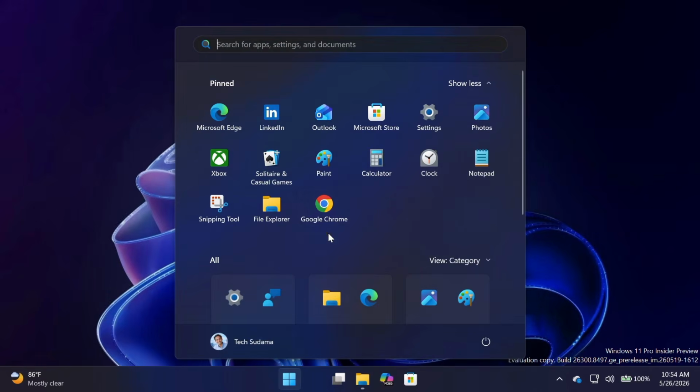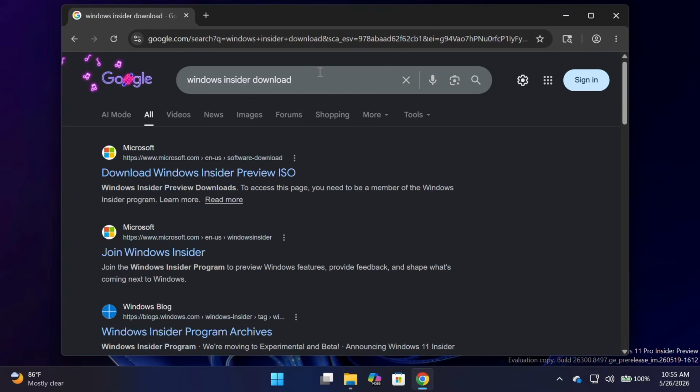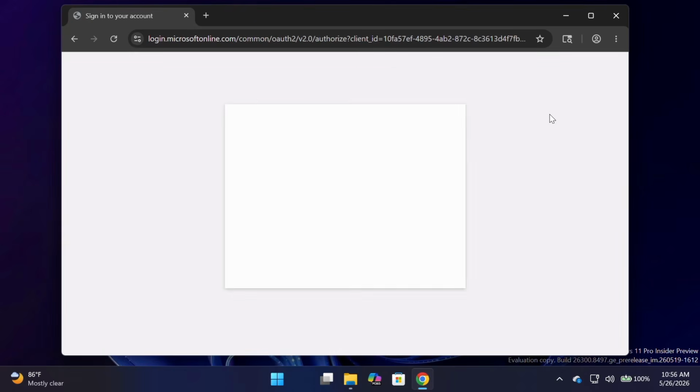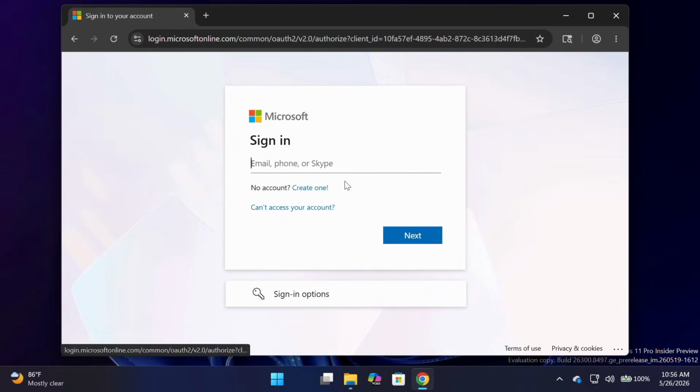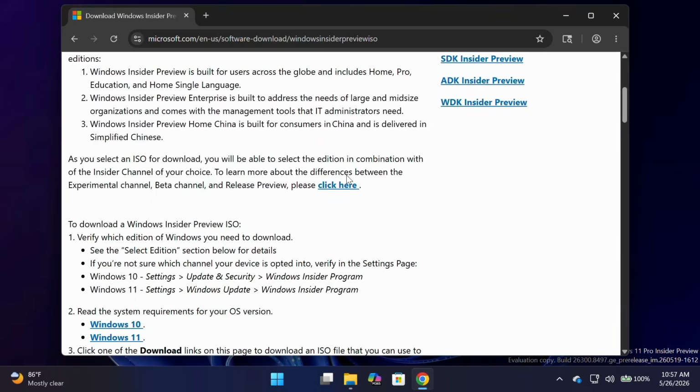First of all, just open a browser and then just search for Windows Insider download. Open this link, download Windows Insider PBISO files. And here in this page, click on Me icon and just log in with a Microsoft account. If you don't have a Microsoft account, just create one by clicking here. After logging in with your credentials, just scroll,